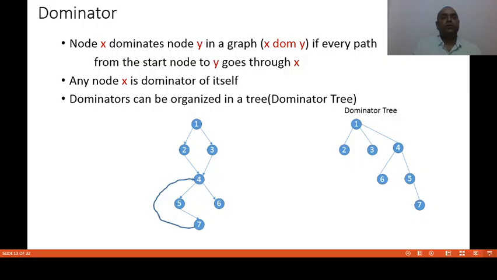Now, to find out the loop, first we have to find out the dominator. Now, what is a dominator?